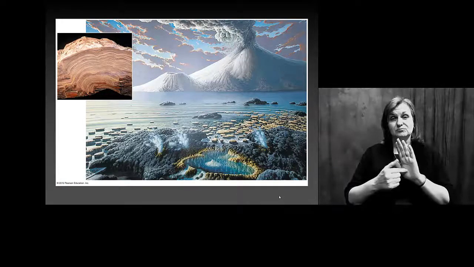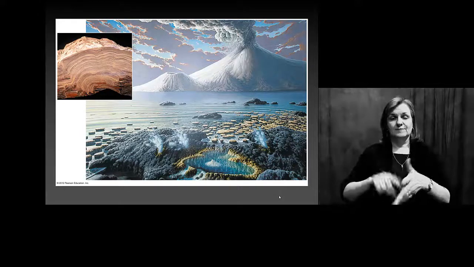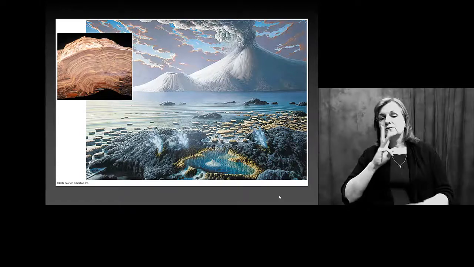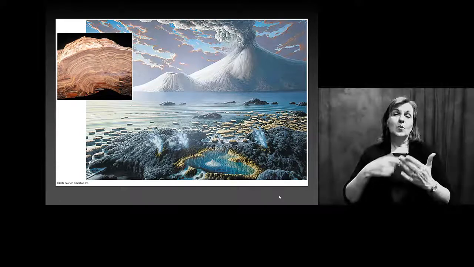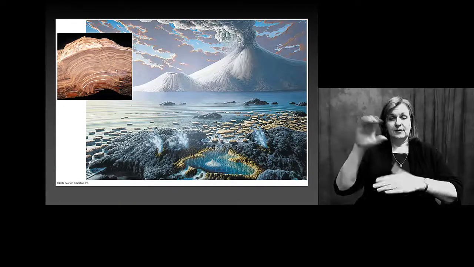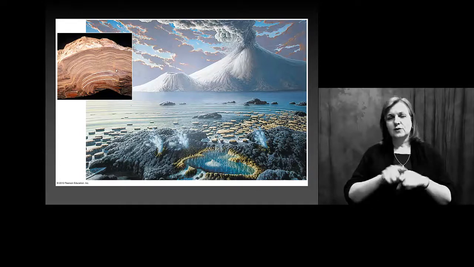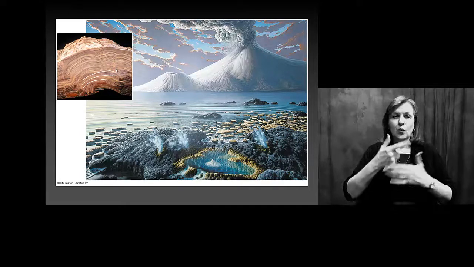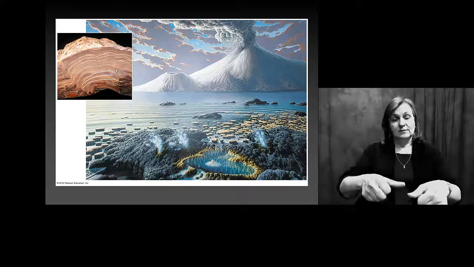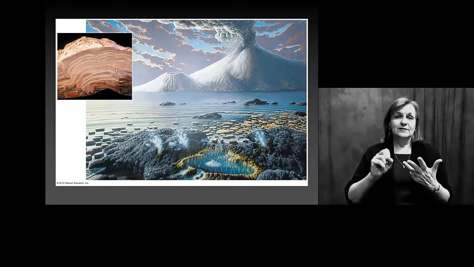So this is an artist's rendition of the starting cooling process on the planet, forming oceans and ponds and seas and so on. But what we want to focus on are the layers that end up forming in these rocks. They'll be important for us not only for finding fossils, but also for understanding the environmental composition at the time those fossils were deposited. So things like whether or not there was oxygen, sulfur compositions, nitrogen compositions, carbon compositions, and so on.